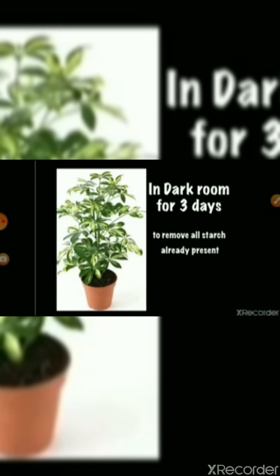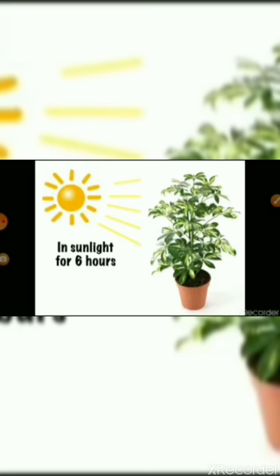So we are keeping our experimental plant in a dark room for destarching. Destarching is a step in which the starch already present in the leaves of the plant will be removed. And this step is done to ensure that previously synthesized starch in the leaves gets consumed when the plant is kept in the dark room, because photosynthesis does not occur at that time. So after that, we will again bring the same plant to the sunlight and keep it in the sunlight